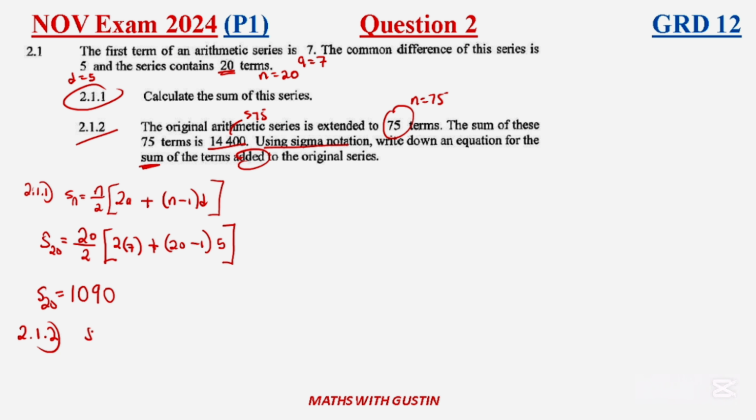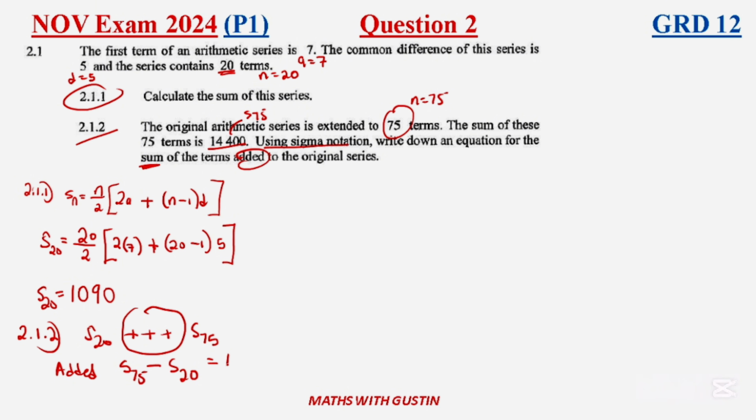Remember, the original one was what? It was S20. So now something was added here to get us to the sum of 75. So you want to know what is added here in between. Therefore the difference between these two should give you what is added here in between. So what is added is going to be given by sum 75 minus sum 20, okay,